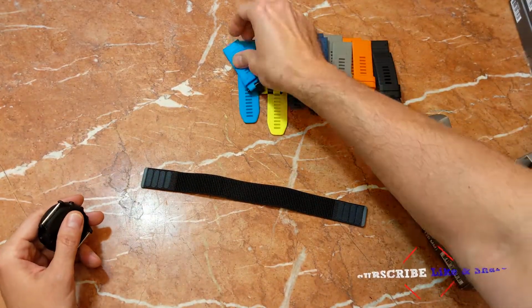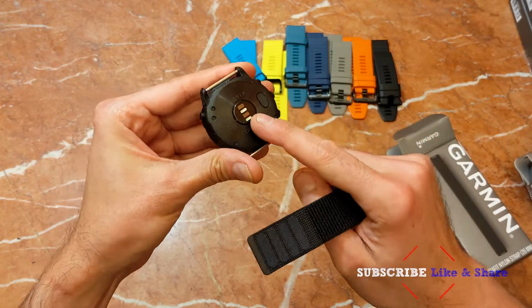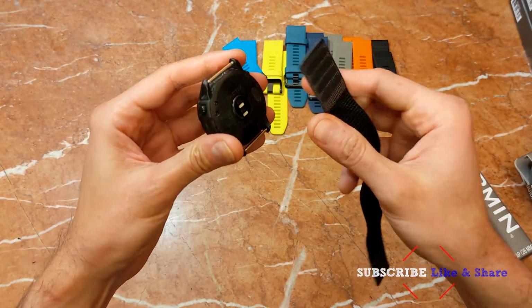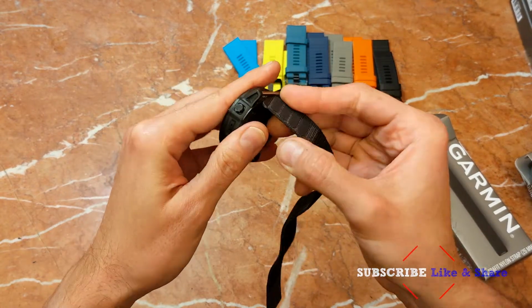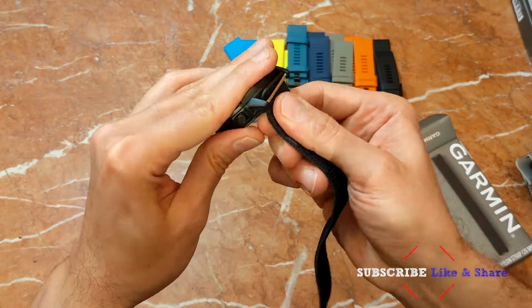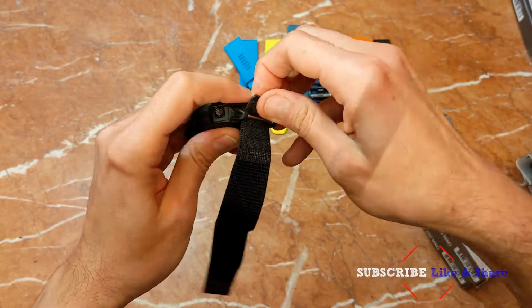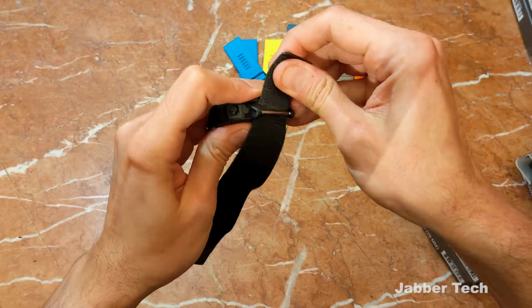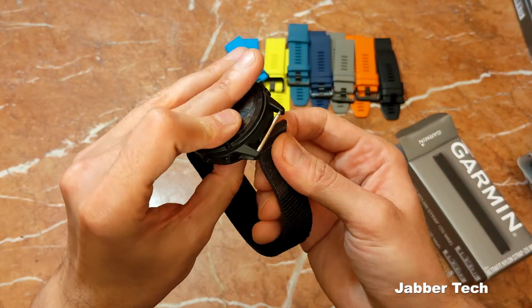Nylon's all about. Installation's a little bit different because you don't want it to cover up this heart rate monitor. That would definitely be something you don't want to do. You always want to know what your heart rate is, especially during activities. Use a little bit of force, just like so. I'm really impressed with this watch band because I definitely didn't think it was going to be